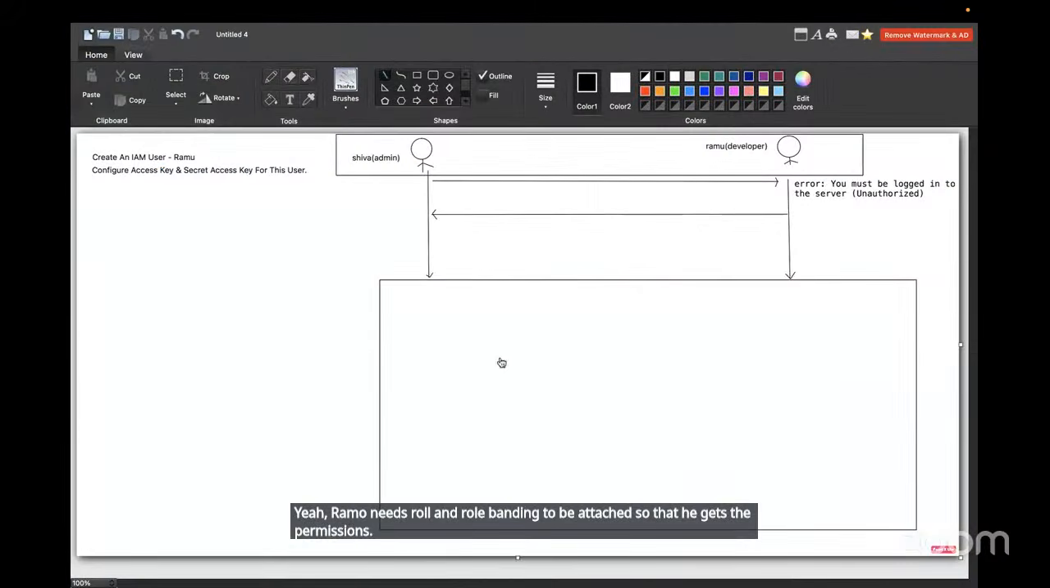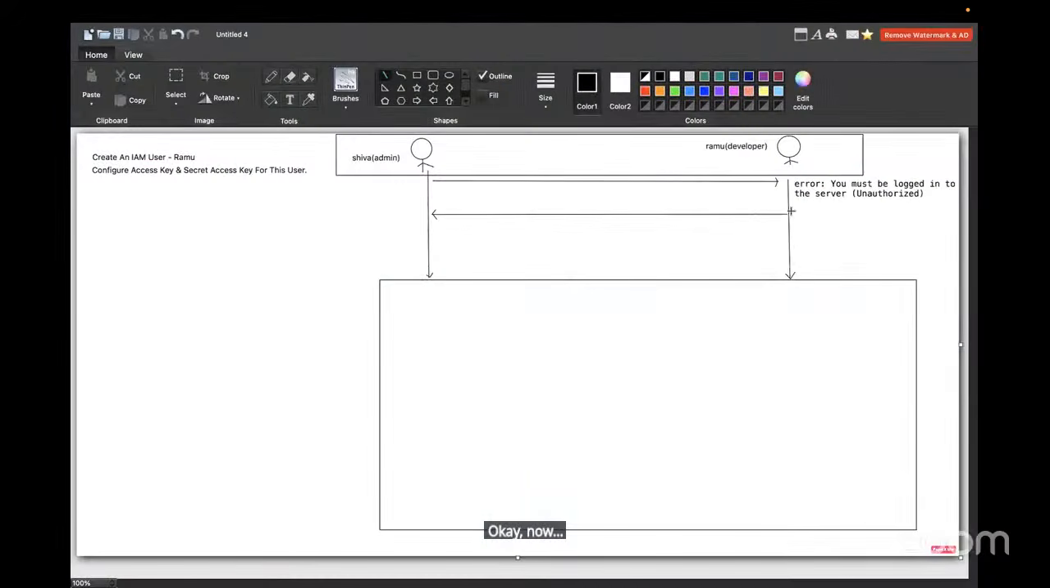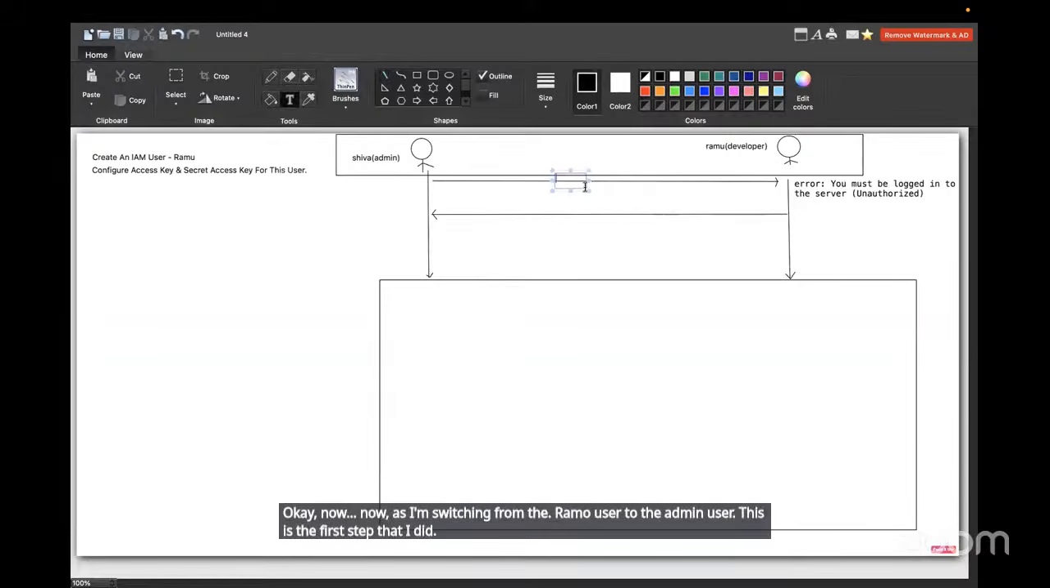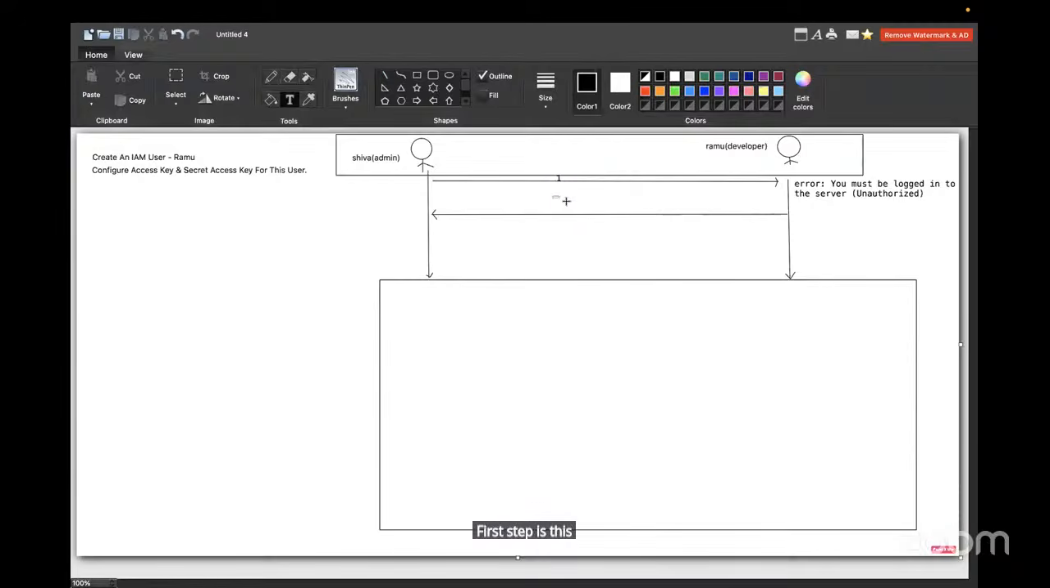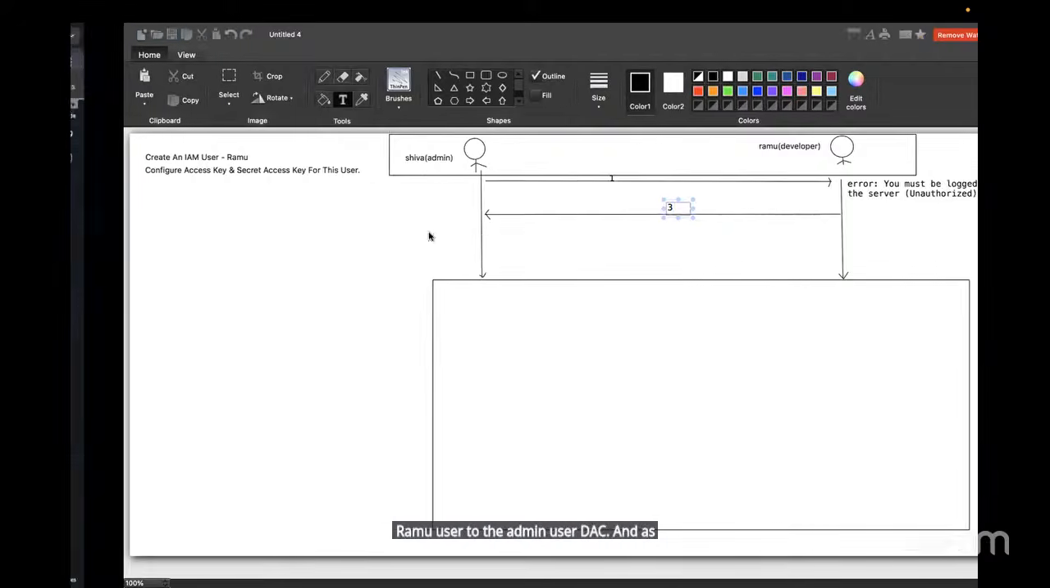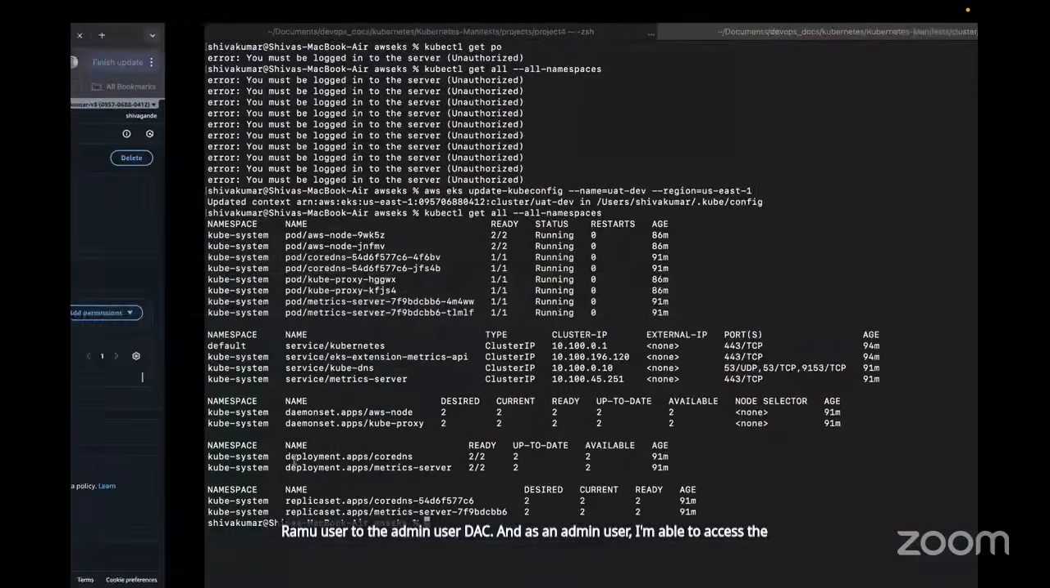Okay, now I've switched from the Ramu user to the admin user. This is the first step that I did, the switching. After doing the first step, I tested with kubectl commands. That is the second step, and the third step is switching from the Ramu user back to the admin user. And as an admin user, I'm able to access the pods and all the things in the